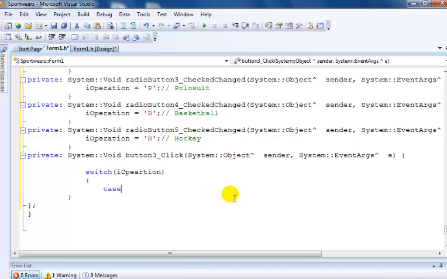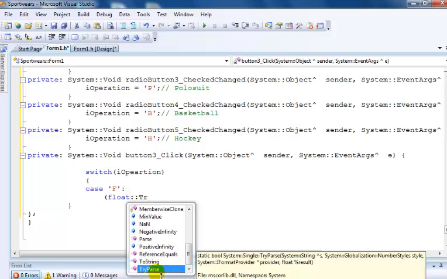First is my football, so let's go for F. So in that case, let's get in touch with the float, try parse,